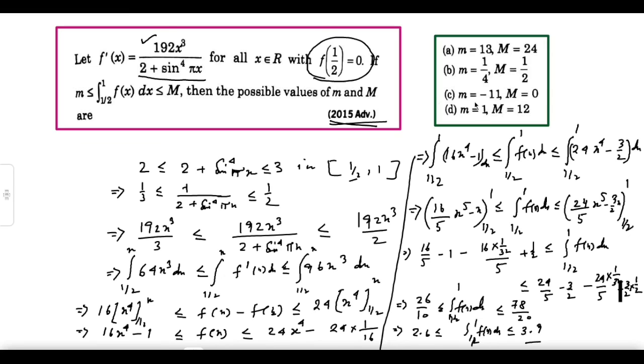Okay, so let's see the options which match with this result. The lowest value m is equal to 1, always 1, and 2.6 is always greater than 1. The nearest value to 2.6 is 1, and for 3.9 the value 0 is less than this and half is also less than 3.9. 24 is the farthest point from 3.9 and the nearest point is 12. So this is less than equal to 12 and greater than equal to 1. That will be the correct answer. So D is the right option.